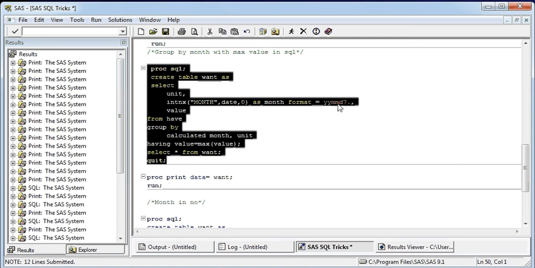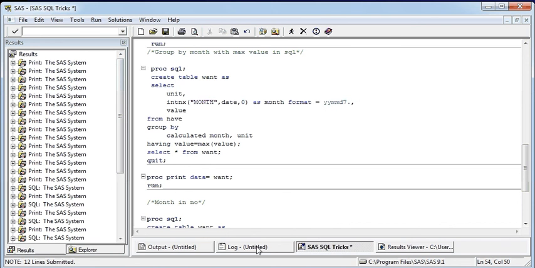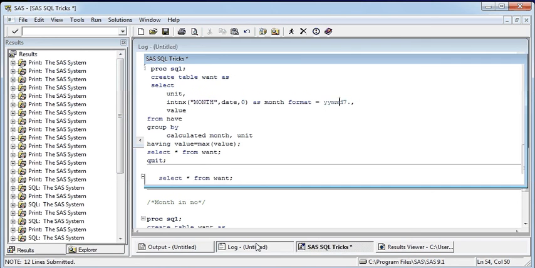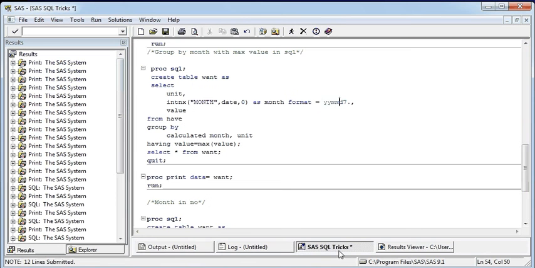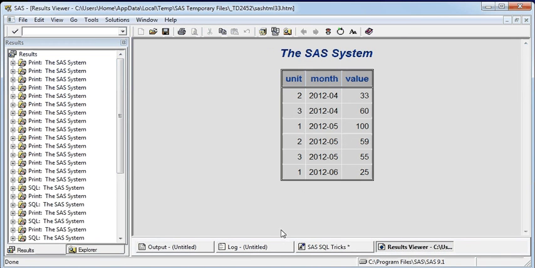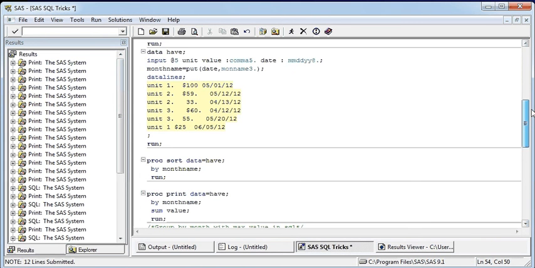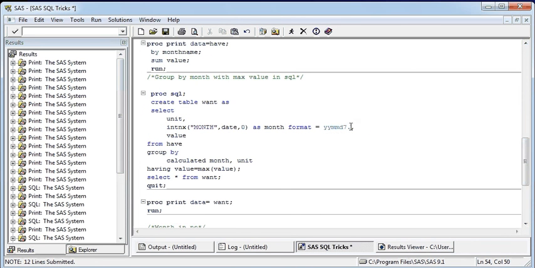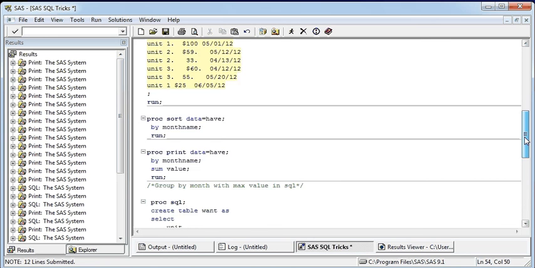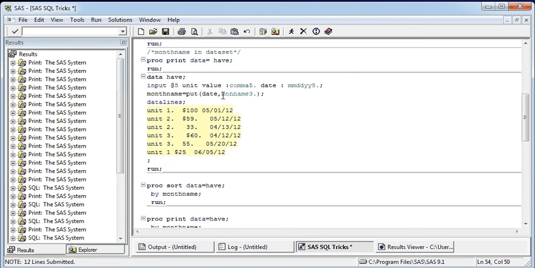In format, if we don't want this format, we can maybe use a different one. Similarly, you can use monname. I'm not sure you can use monname here. Let's try here.